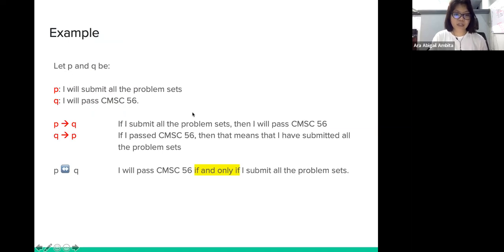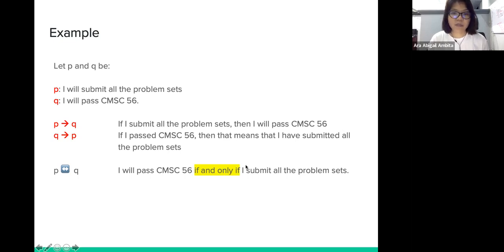So let's have an example. Let P and Q be these statements. P states that I will submit all the problem sets, and Q states that I will pass ComSci 56. P implies Q states that if you submit all the problem sets, then you will pass ComSci 56. While Q implies P states that if I pass ComSci 56, then it's most likely that I have submitted all the problem sets. The biconditional states that I will pass ComSci 56 if and only if I submit